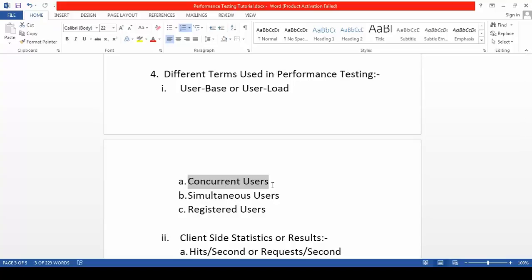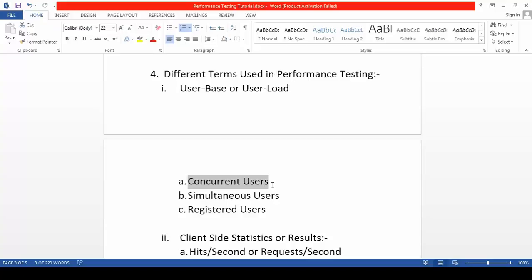Okay, but at that point of time, let's say 700 users have been logged in, but out of them only 500 users are accessing at that particular point of time, and the rest of the 200 users are not accessing any application API, they are inactive users right now.